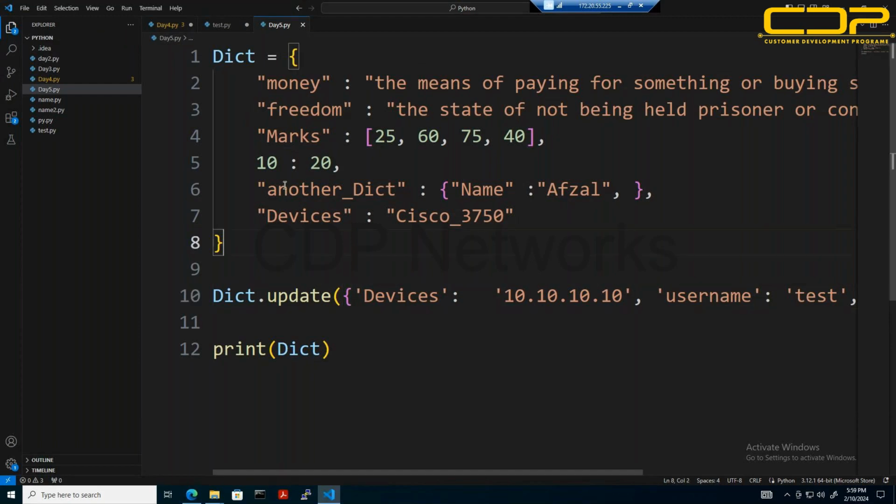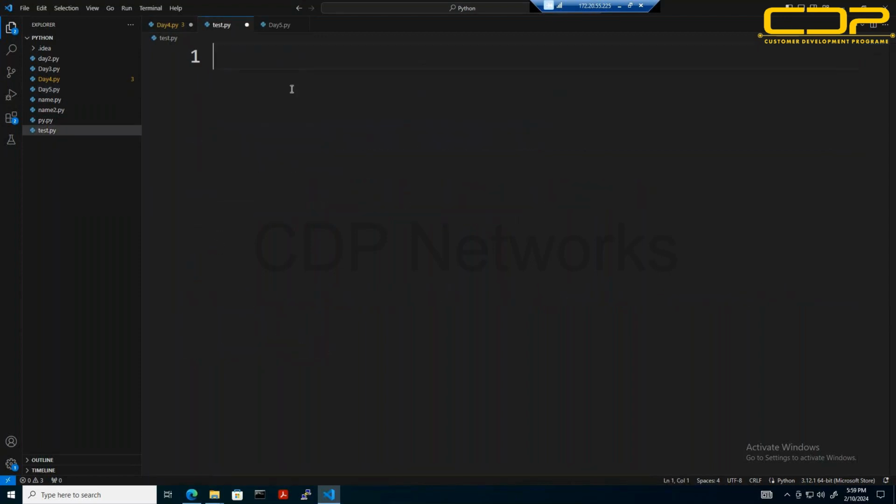So we completed dictionaries. Again, I'll recall it so it will be easy. In short, first of all, a dictionary is nothing but a collection of key value pairs. To write a dictionary, we use syntax like, for example, let's first create an empty dictionary, that is